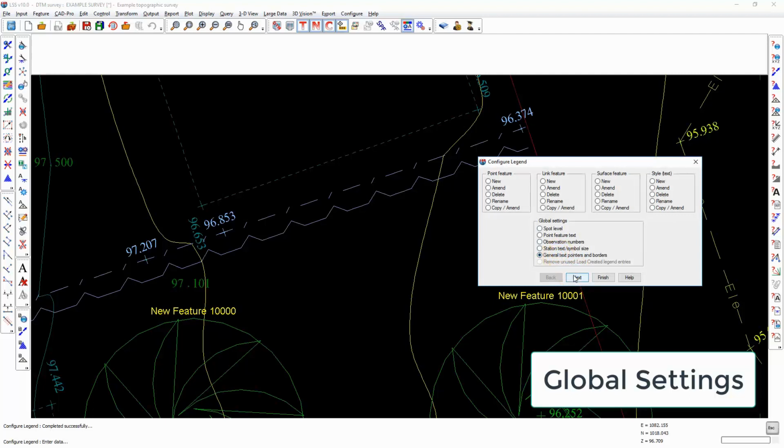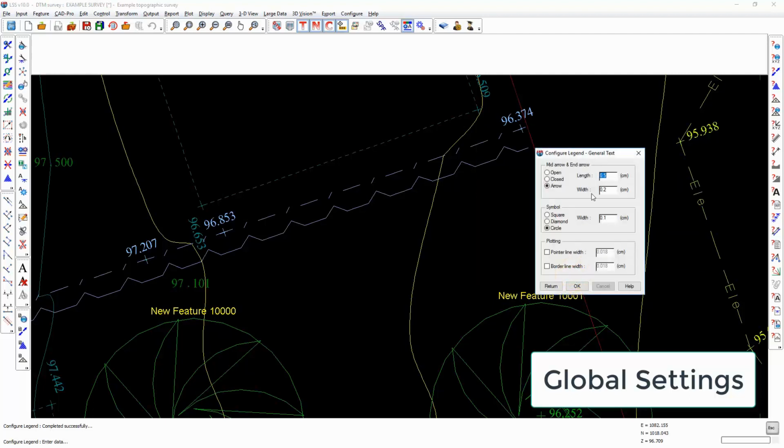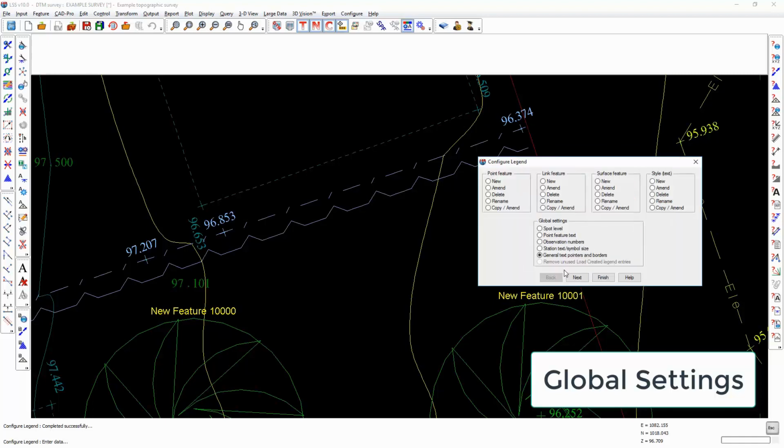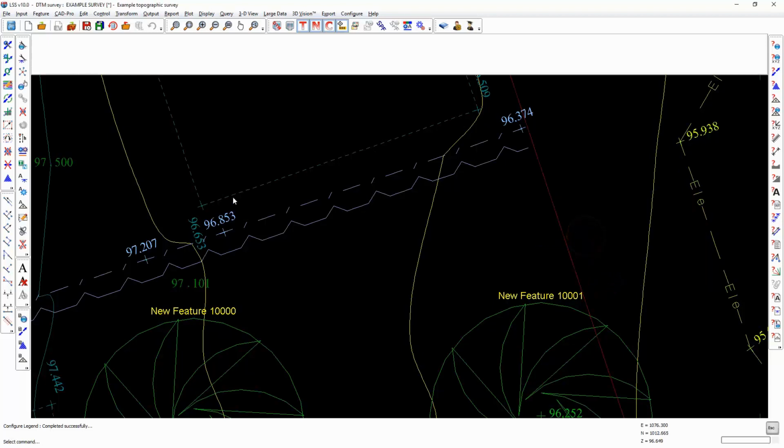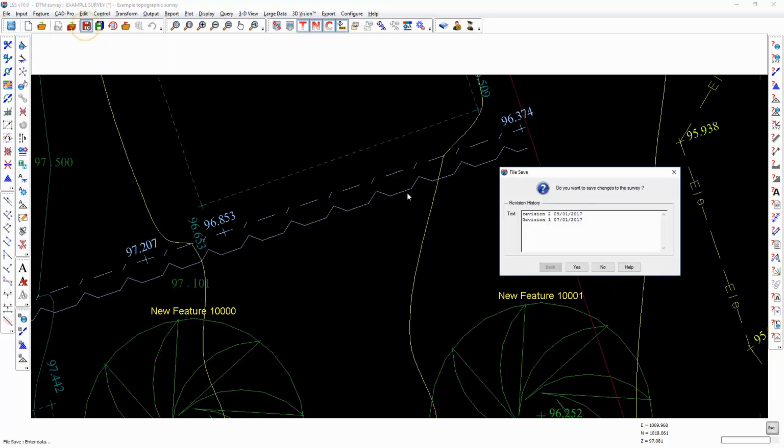General text pointers and borders will allow you to change the general size of arrows that you use in general annotation. And then if you have any load created legend entries, i.e. you've imported some data from, say, an AutoCAD drawing, they've come in as load created, and you've then reassigned them to be something else, and those load created features are still in the current legend, then you can get rid of them. So don't forget, all of these are now committed once we save the survey,